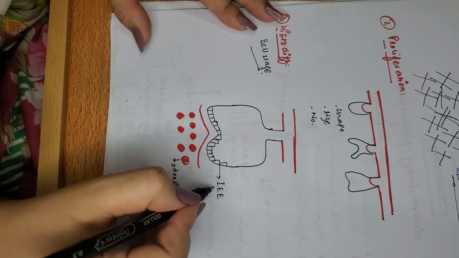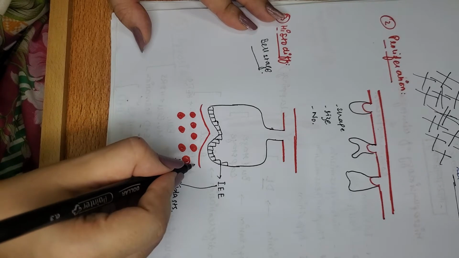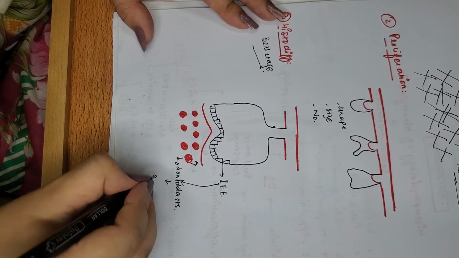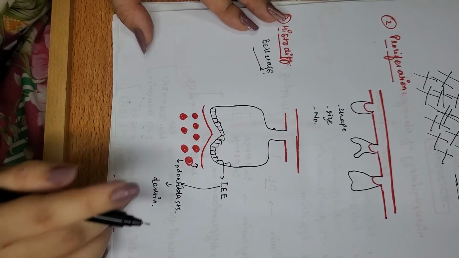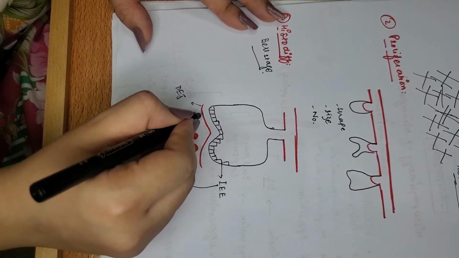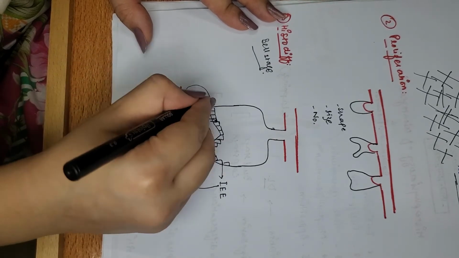Whenever the signals are sent by the inner enamel epithelial cells to the odontoblasts, they start forming the dentine. Okay, they start forming what? They start forming the dentine. And now this dentine, or this formed dentino-enamel junction, is going to induce the signals again to the inner enamel epithelial cells,